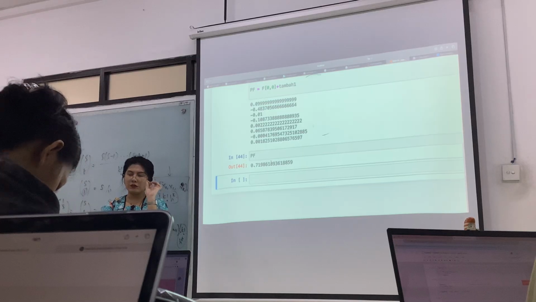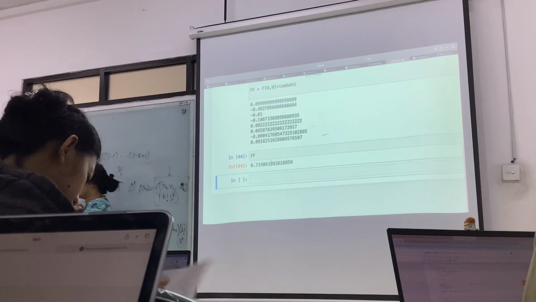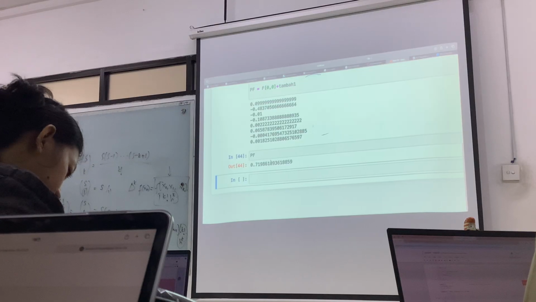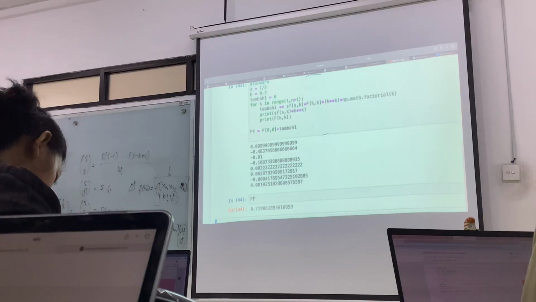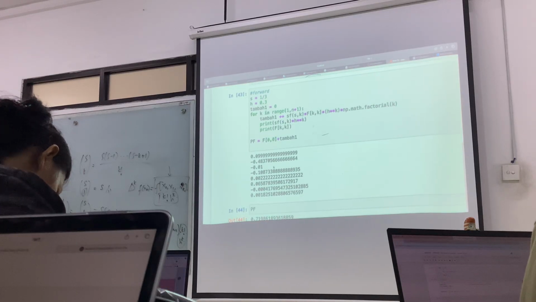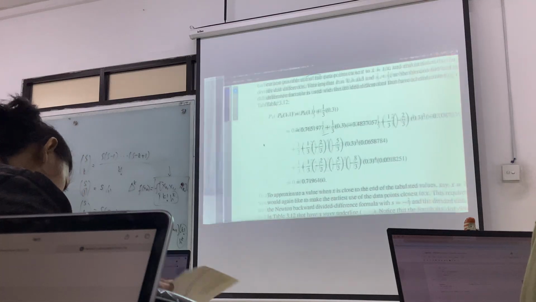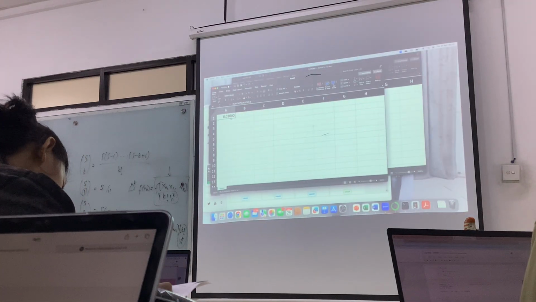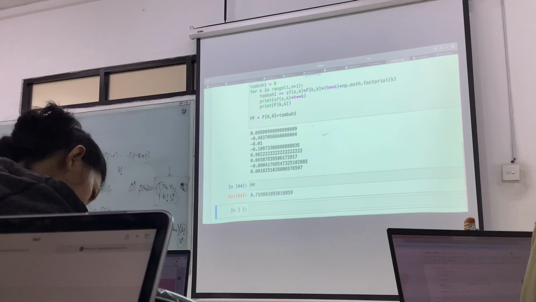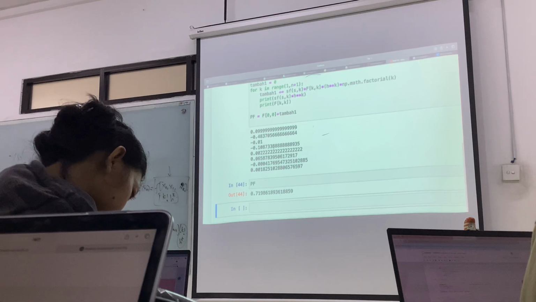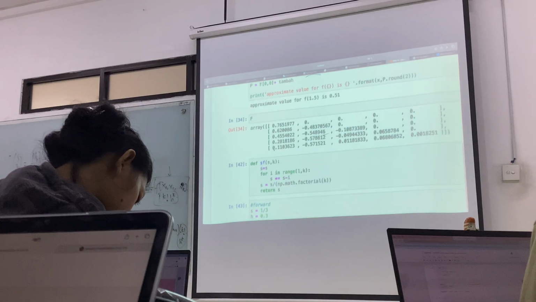Even though it's a very small number, I'll check later how to get the original values, just like 0.1, 0.01, and here is 0. Okay.